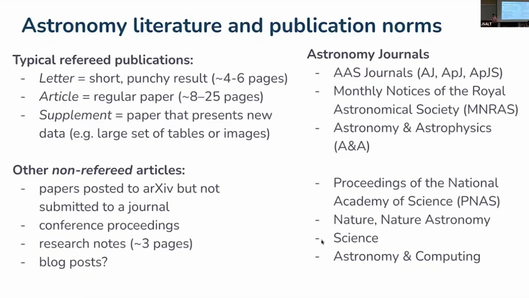And then Astronomy and Computing is another new journal. This is not nonprofit, but if you want to talk about methods, or you want to introduce some new code and characterize that for astronomy, that actually is a good venue. Okay, so this is a highlight of a bunch of different astronomy journals. I'm going to jump more into AAS journals for a sec, but before I do, are there any questions here?